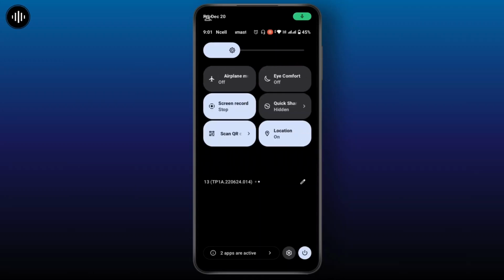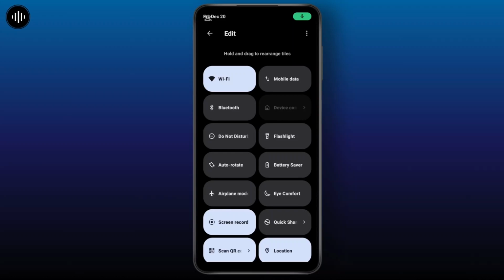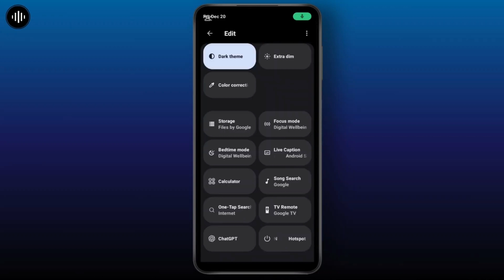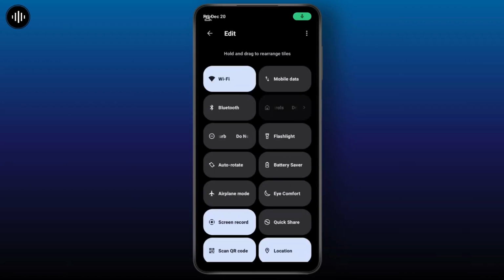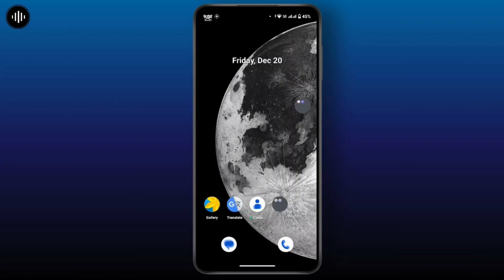Swipe to next. If you can't find it here, then tap on this edit option right here. Now scroll down and search for an option that is cast. But in case you're not able to find it in your quick settings, you can enable that in your device